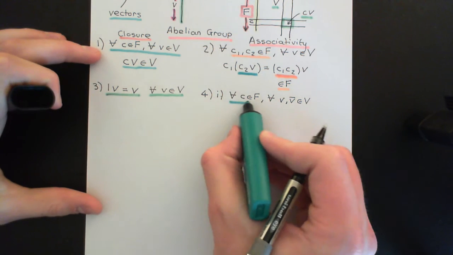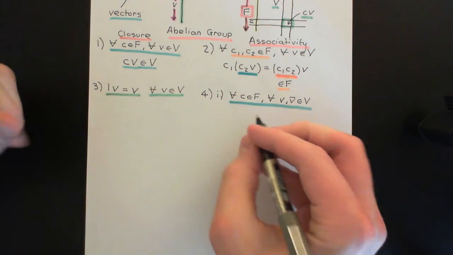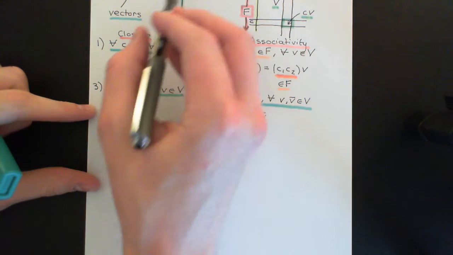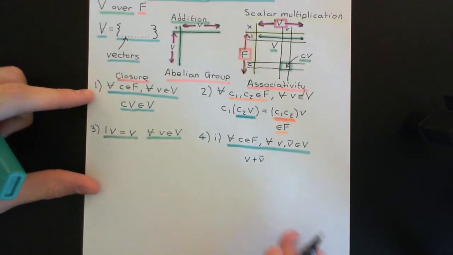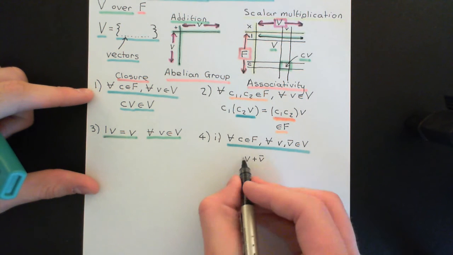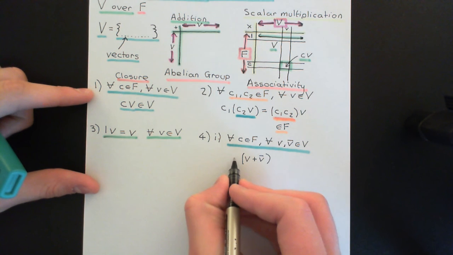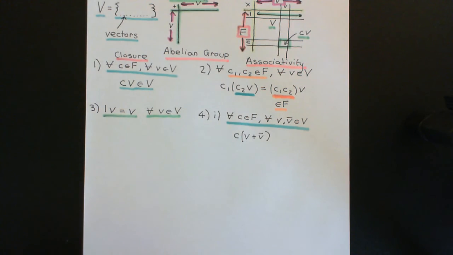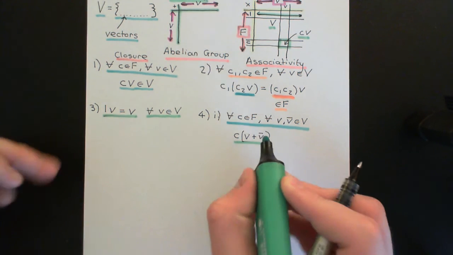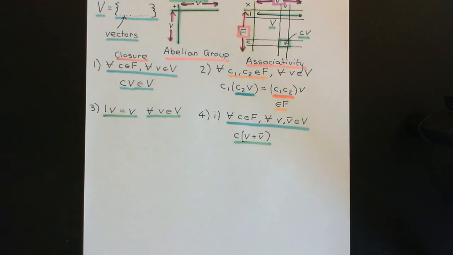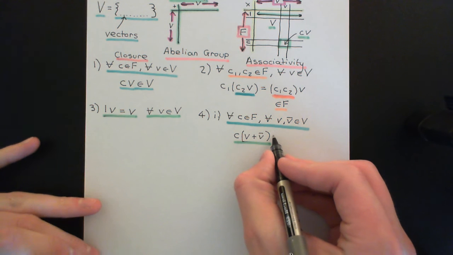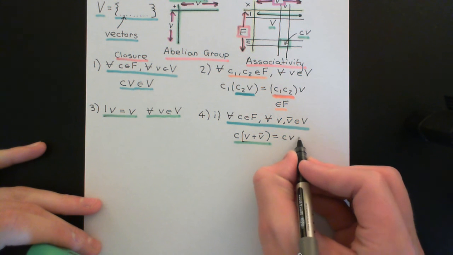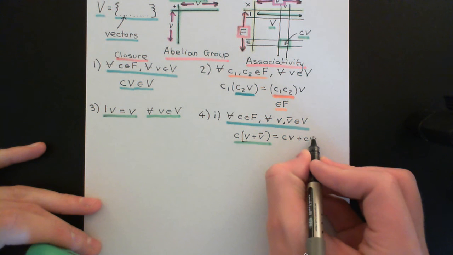So what now happens if we add v with v bar with our addition composition law that we've got defined on the vector space? We can add these 2 vectors together, and then we can take the answer and scalar multiply it by c. What do you think this is going to be equal to? Well, the answer is that we're going to insist that it should actually equal the intuitive thing, which is c times v plus c times v bar.